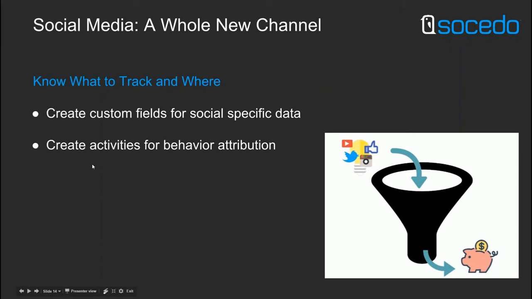I don't actually need to know what each of those tweets are. I can listen for other keywords like "Socedo sucks" if someone is saying negative things about us. And of course, our social media management team is always looking at different mentions for us, and we can highlight specific issues. But from a lead scoring and lead routing perspective, all I need to know is frequency and recency. So I don't need a field for it. All I need is the lead record and the activity log, and I can just timestamp each time things happen.